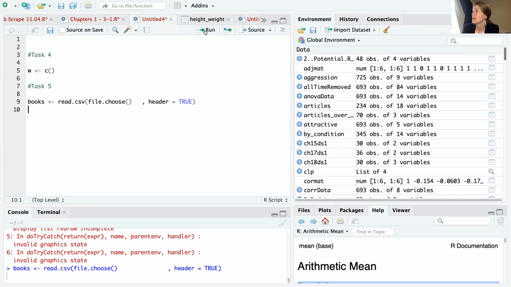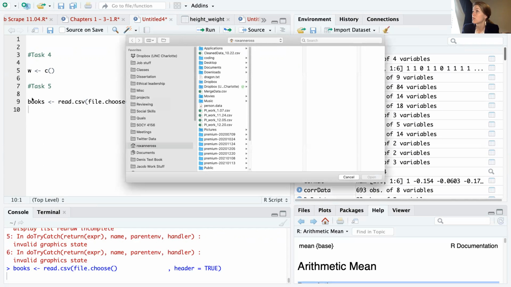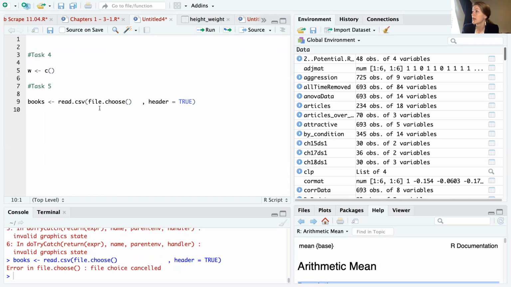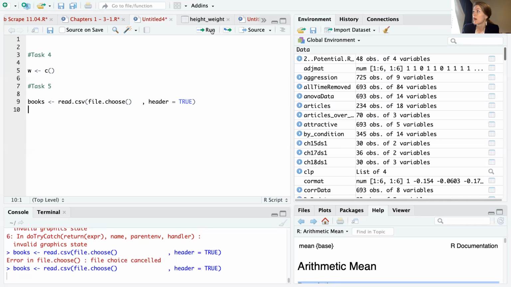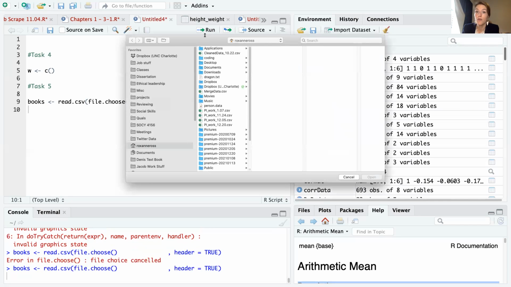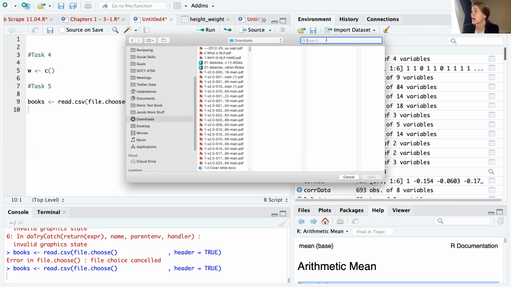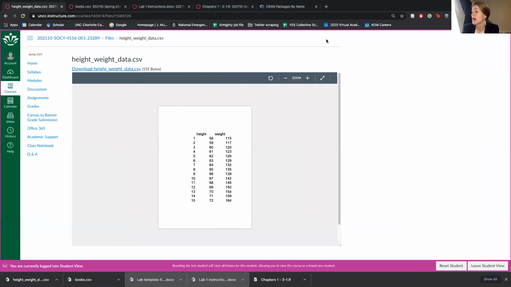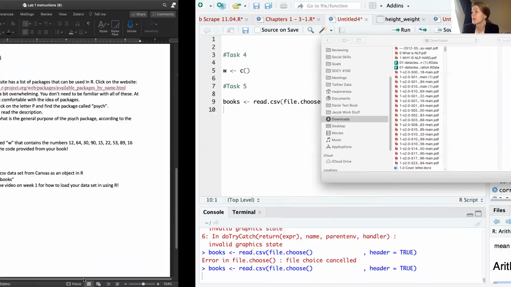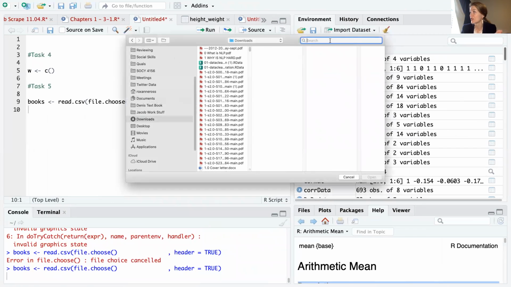So we'll hit run. That will run that code, right? I click on the line with the code that I want to run, and I hit run, and it'll run that code for you. And then I go to, let's see, downloads, and I know I called it books.csv. So I'll search for that,